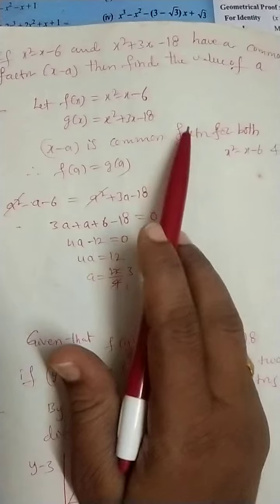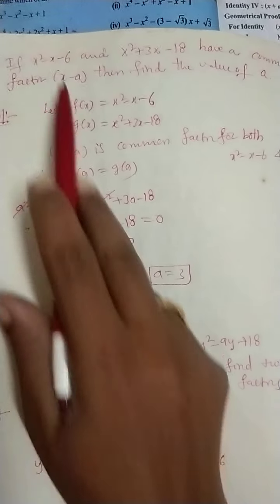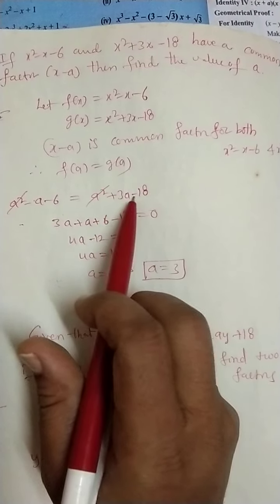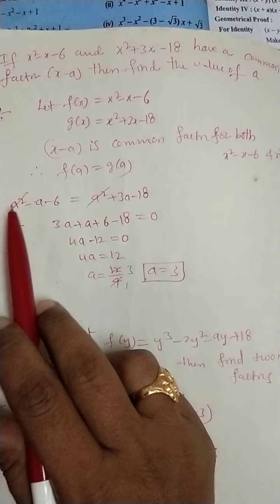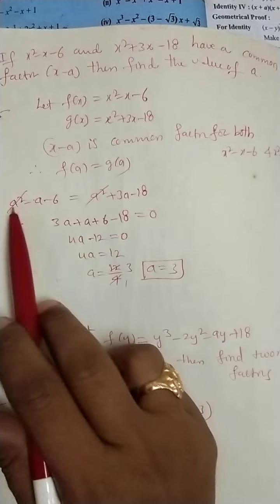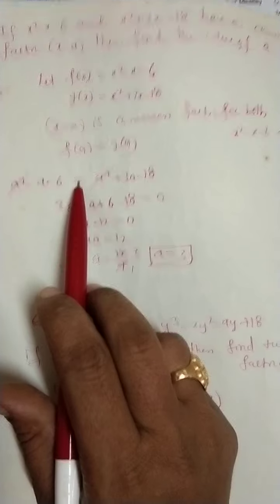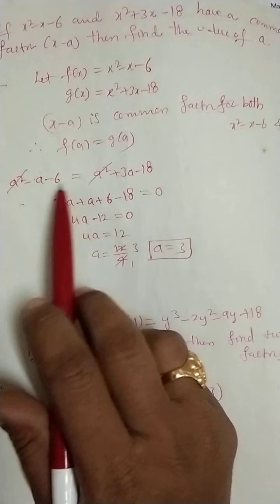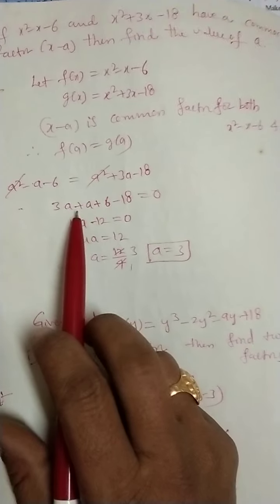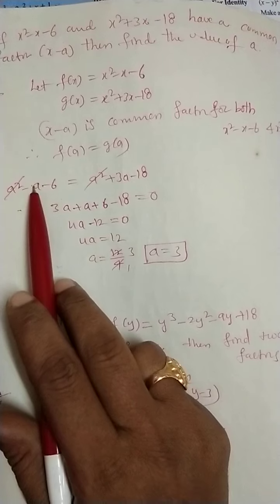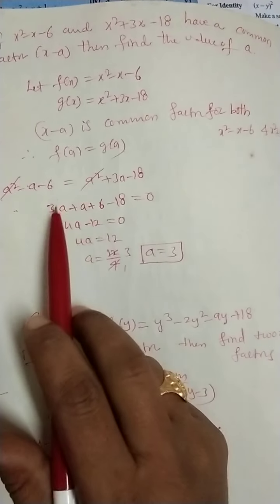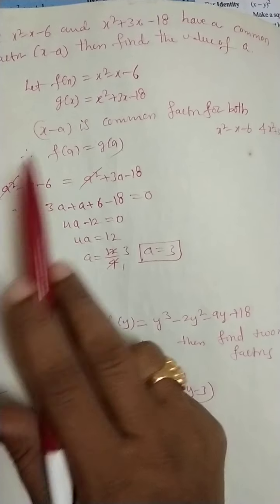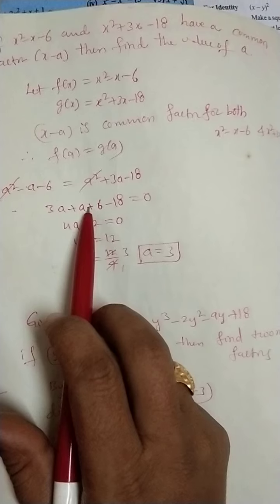Okay, in this f of a, a square minus a minus 6 is equal to g of a, a square plus 3a minus 18. Now the a square on both sides will get cancelled. Why? Because the equal symbol is there, and on both sides the same terms can be cancelled. Now you can take the transpose of these two terms. This 3a and minus 18 you write as it is. The minus 2 numbers you have to transpose, meaning they will become plus numbers.